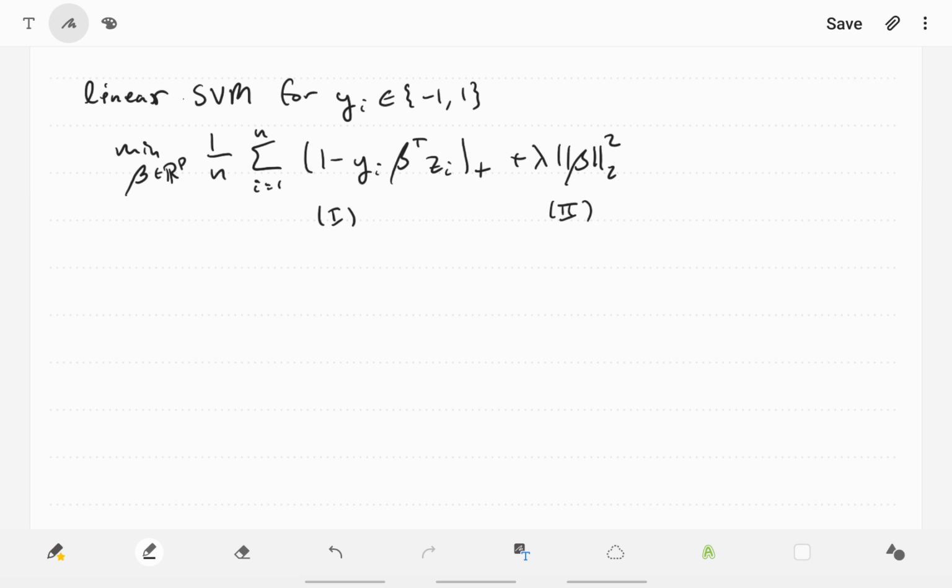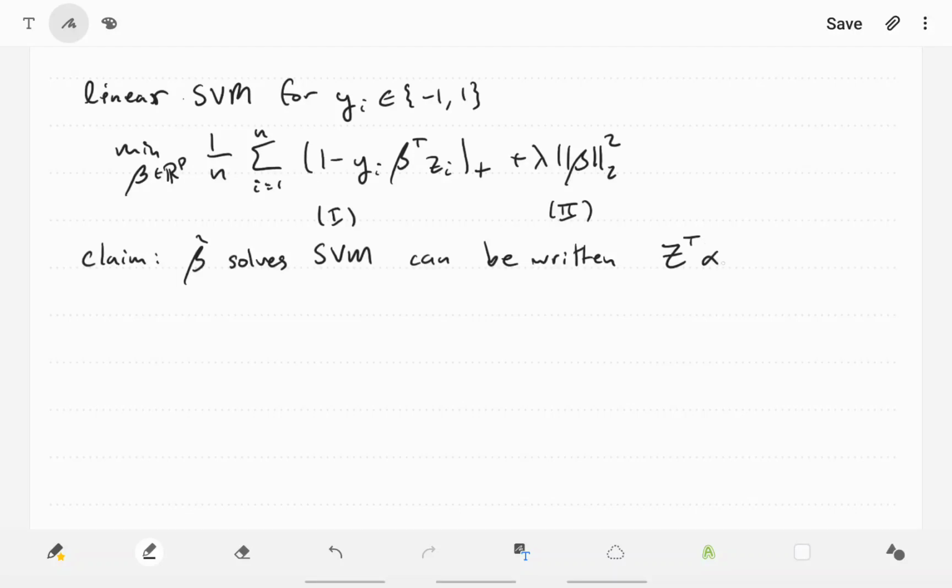So that's the first thing to note. And we can make a claim, which we're going to verify. So our claim is that beta hat, the beta hat which solves the SVM, the solution can be written without loss of generality